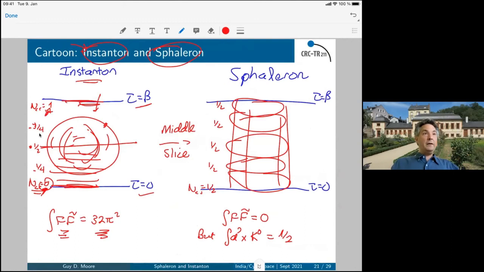And the Sphaleron is the thing where you take a slice of precisely the middle of this thing, which is something which doesn't know whether it wants to be closer to this vacuum or to this vacuum. And you just duplicate that across the time direction. And that's the same as sitting exactly on the top of this